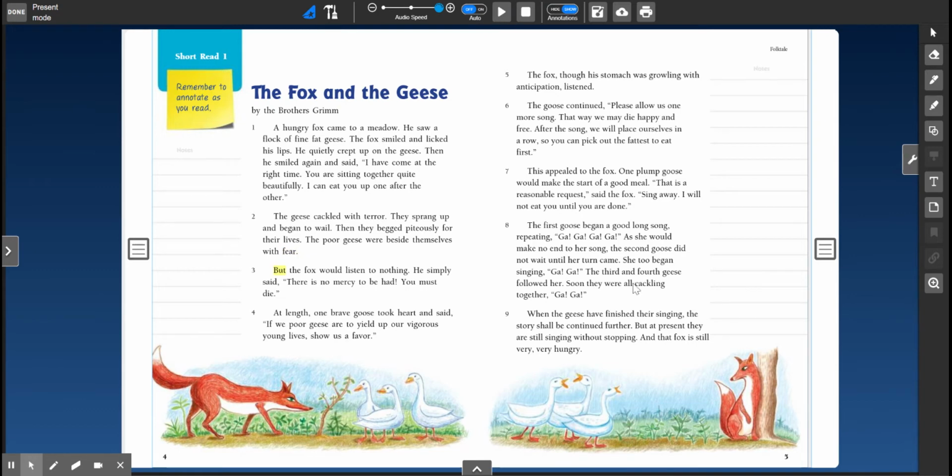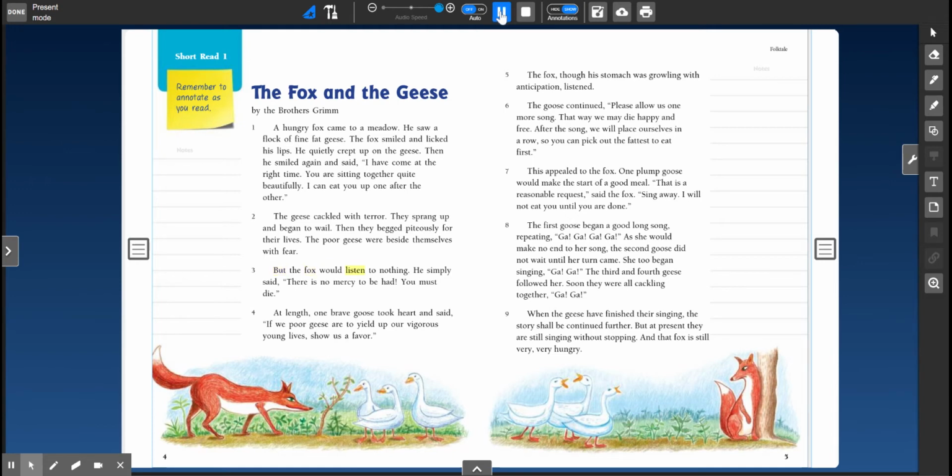All right, so let's take a minute. Let's stop right there. And this word piteously right there. So you might have heard the word pity before. So if you want pity from someone, you want someone to feel kind of bad for you. So these geese are demanding pity. They're like, no, please don't eat us. Like we'll beg you. Okay, so that's what this word right here, piteously, means. They are just like, no, don't eat us. So by now you should know the problem. So keep that in your mind.